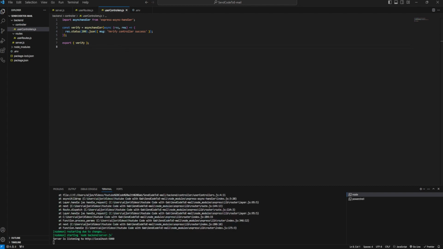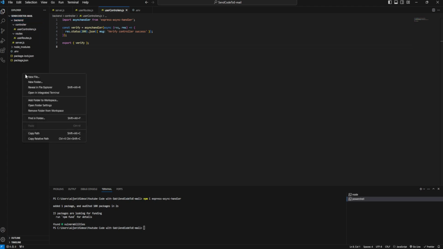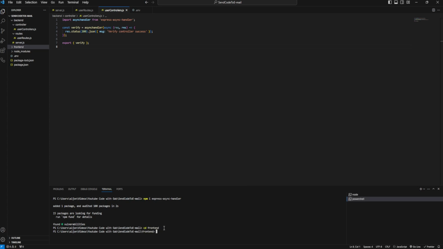Okay, I think for now we're just going to do the front end first. So we need to go to our terminal, and first we need to make sure to create a folder in the root project. So front end, then in the terminal we need to go to the front end folder, then we need to install npm. Wait, let me check, we're going to use Vite, React Vite,